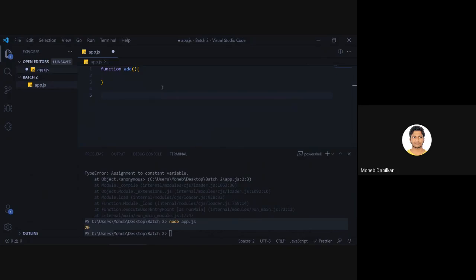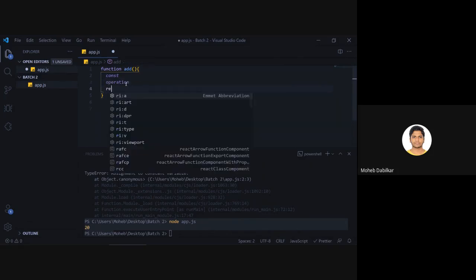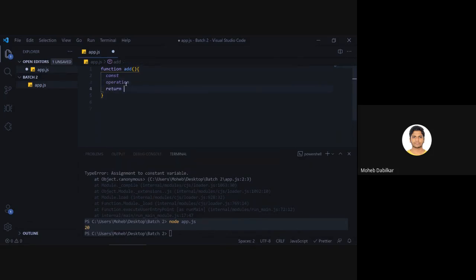Since they are defined the same, it should work. First we define the function, so I said function add over here. Then we define its local variables and the operation we want to perform, and then we use the return statement to return the result. Okay, you have a nice idea. And then we call it by saying add, and then we pass in the arguments.